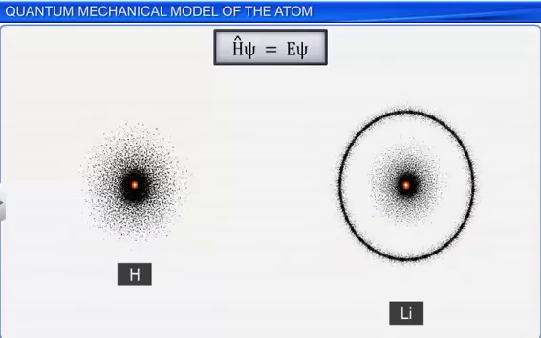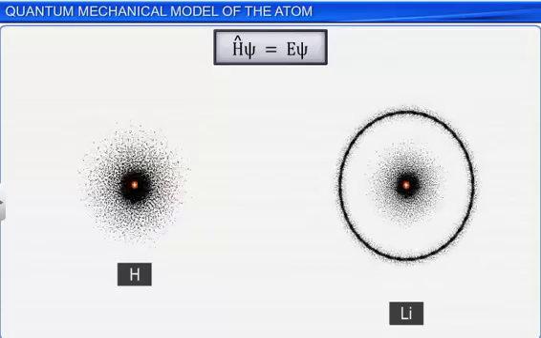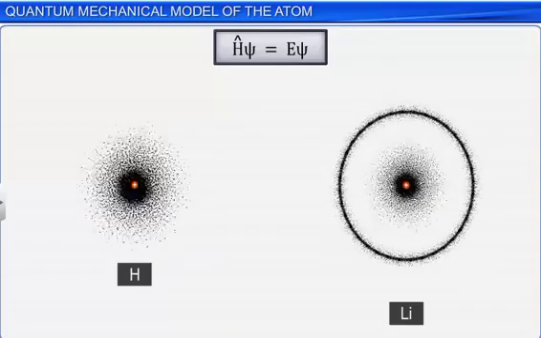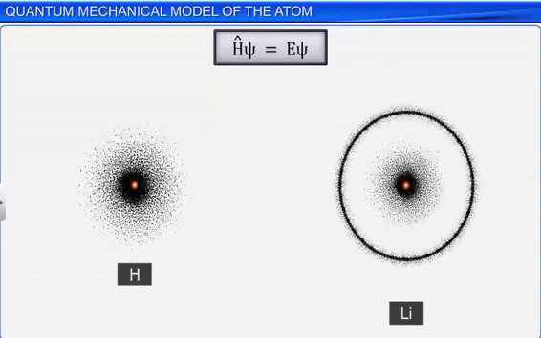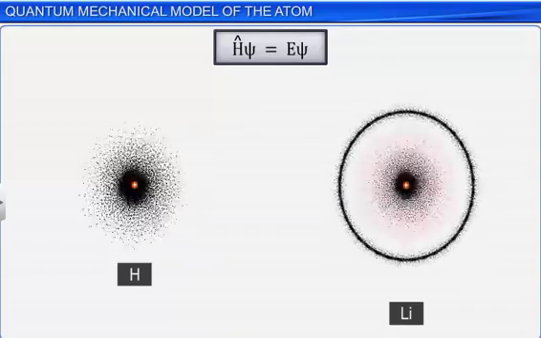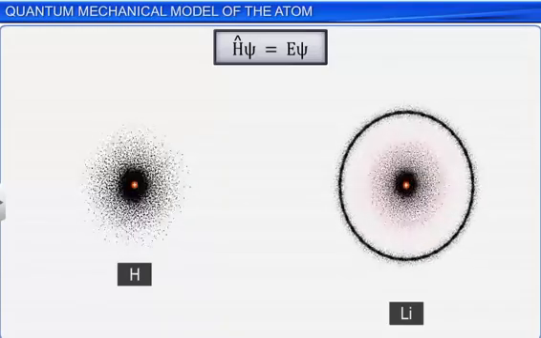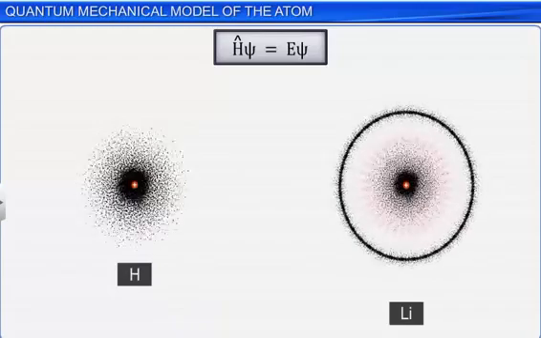The principal difference between the orbitals of single electron atoms and the orbitals of multiple electron atoms is that the orbitals of multi-electron atoms are contracted due to increased nuclear charge. In addition,